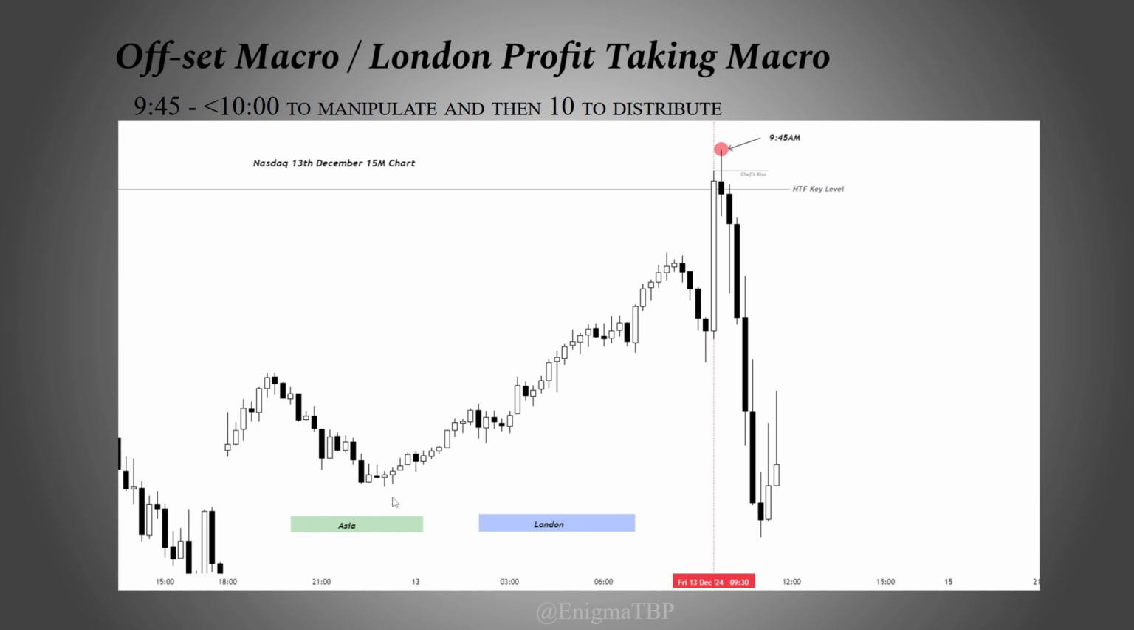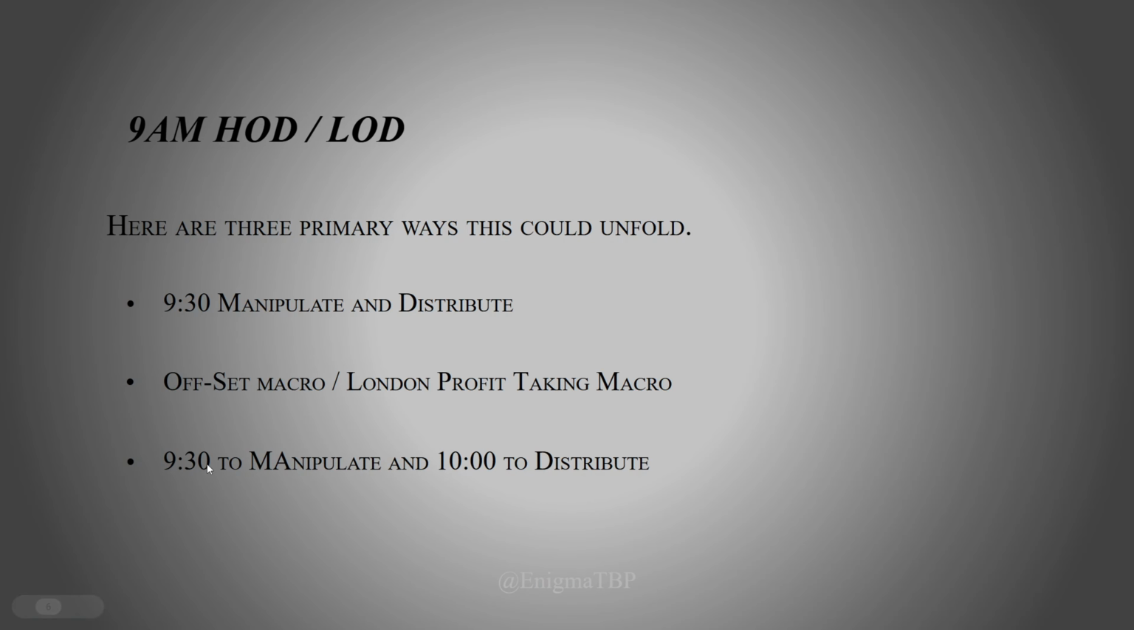So this clearly is a red sign for me to take longs off of, because we have a low of day at a random time at a random price level. And the third way, 9:30 to manipulate and 10 a.m. to distribute,